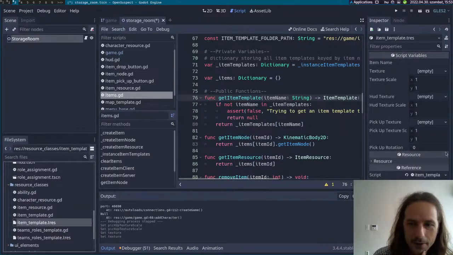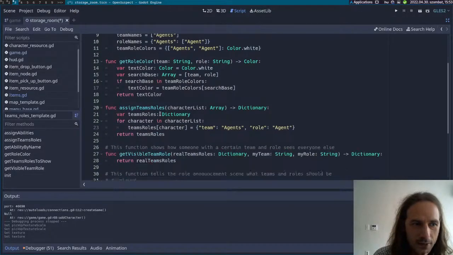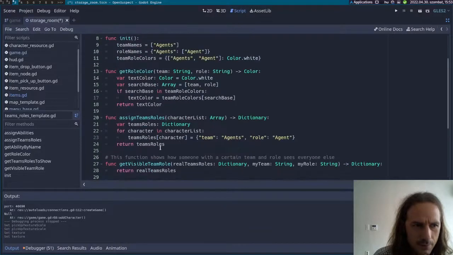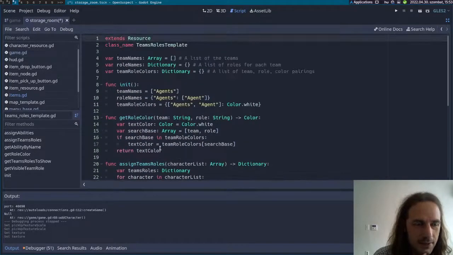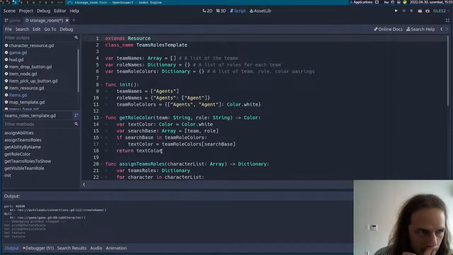So this item template.trs is basically the basic item template, and the item template.gd contains all the things that this item should be doing, and we could just extend this to have the special ability